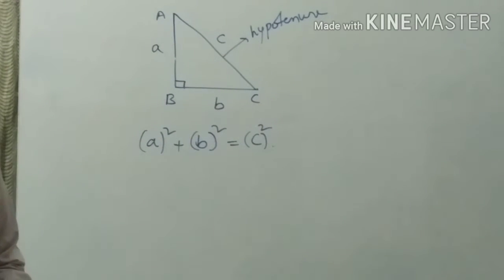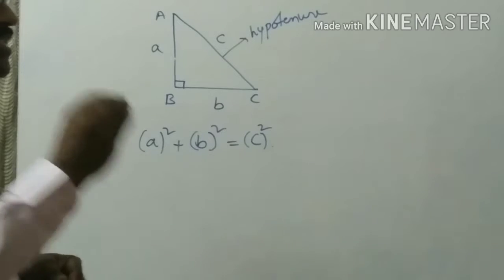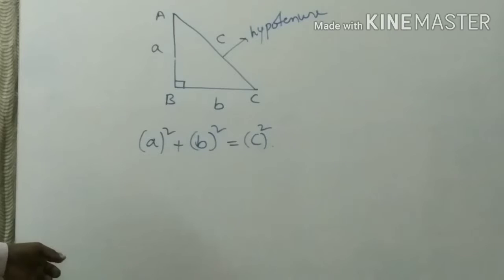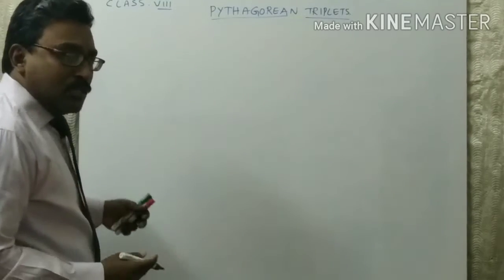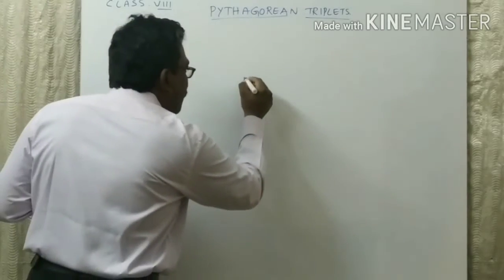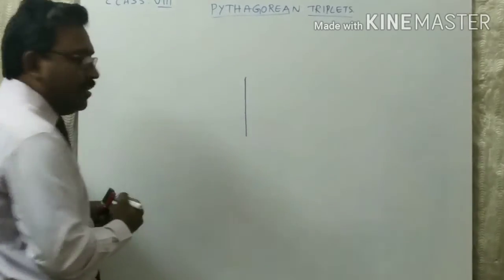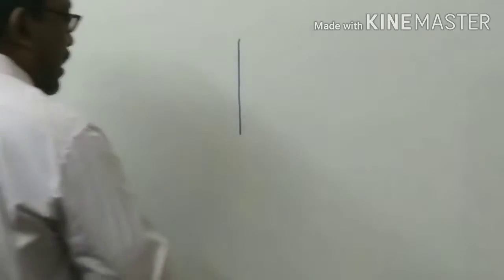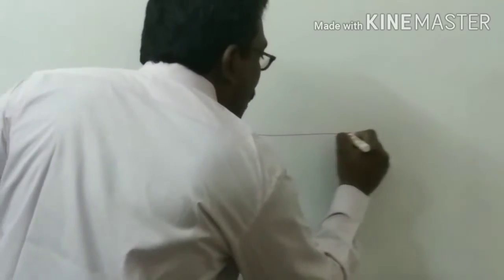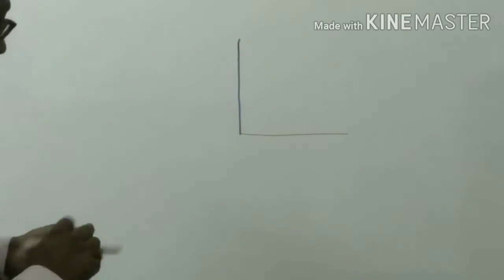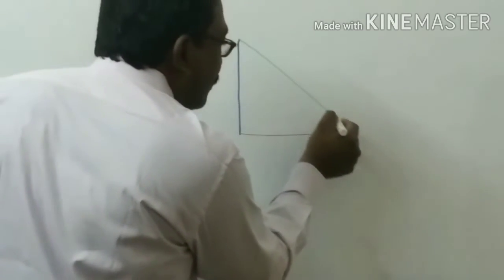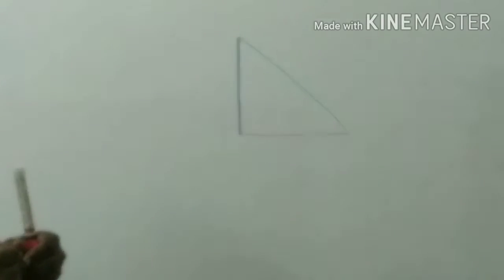Okay, how is it developed? What is the basic idea of side square plus side square? I am telling now that basic idea concept. I am taking one right angle triangle, and I am marking the three sides with three different colors. One side with blue, one side with red, and the hypotenuse especially I am marking with a green pen. Now three sides are there.